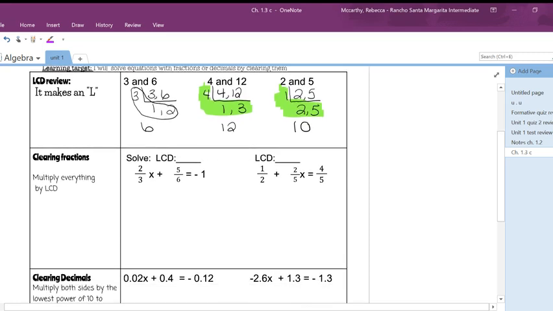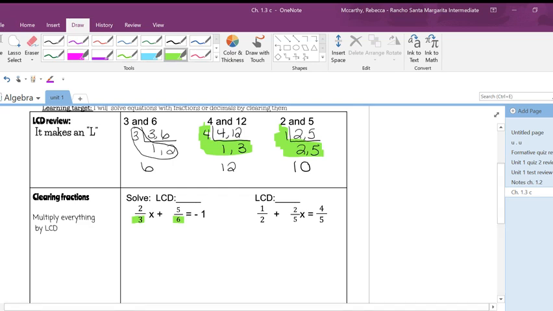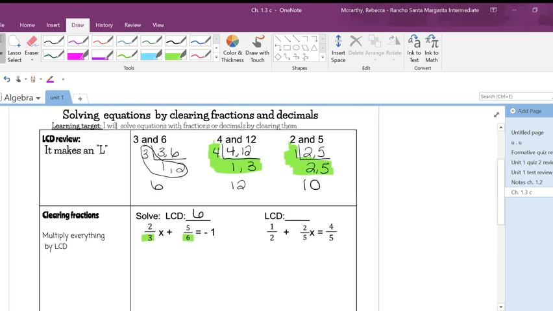Okay, so let's look at these fractions here. You're looking for the LCD, the lowest common denominator. When I look at this one, I see my 3 and my 6. So my lowest common denominator is 6. That means I'm going to multiply everything by 6. I'm going to use a different color. So I multiply everything by 6,